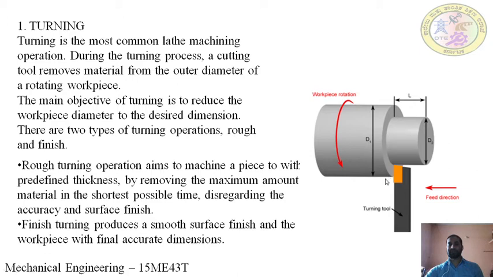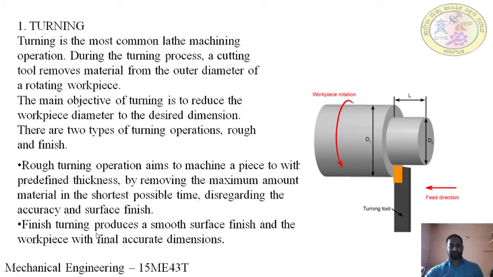So 1 mm of diameter is required to be removed now, and this 1 mm diameter may be finished with finish turning. So 0.5 mm depth of cut will be given one time with a smooth surface finish. In another cut, we give a 0.5 mm depth of cut again and finish it to the required dimension with a good surface finish.